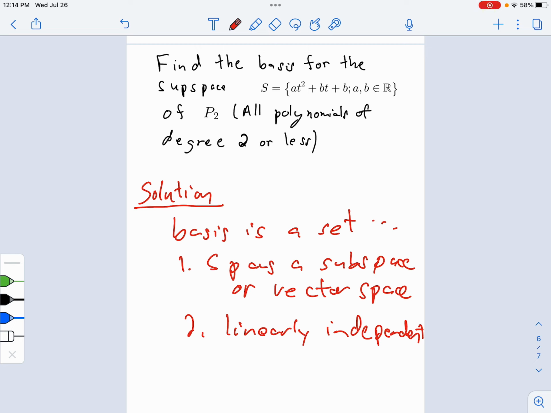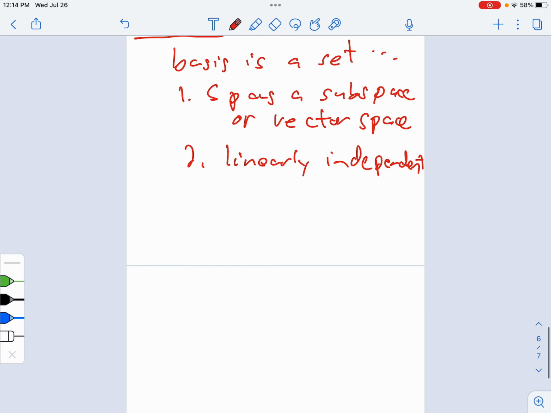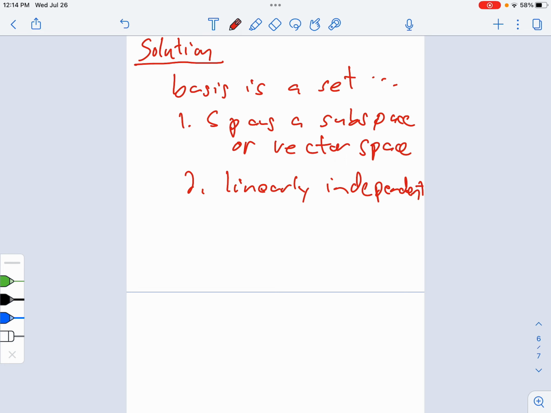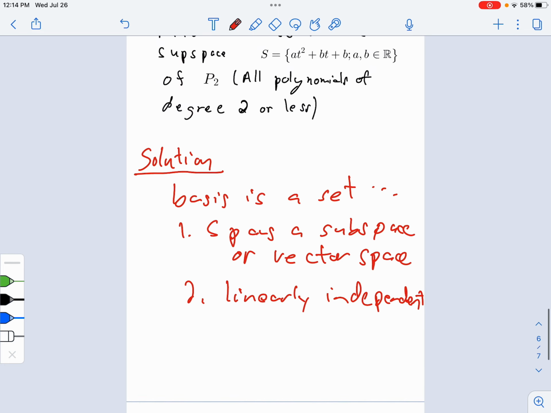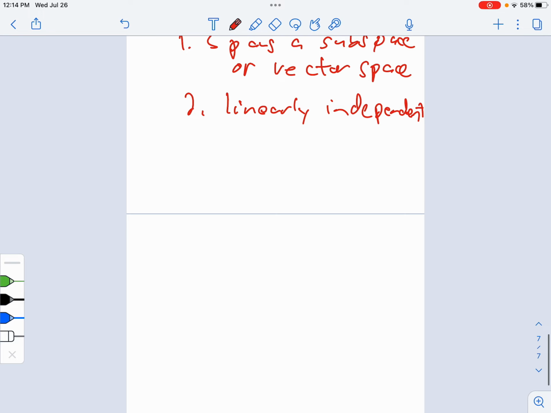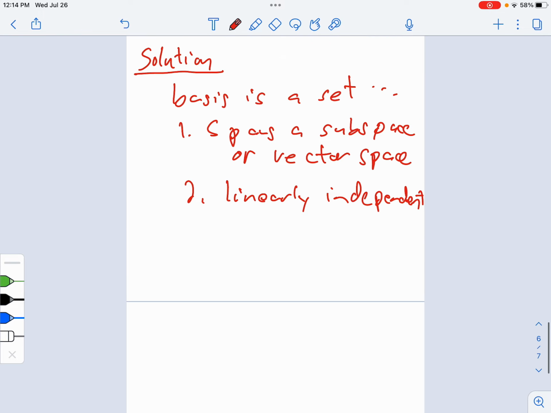And then linearly independent means that any of the vectors or elements of that set that we say spans can't be written as a combination of the other ones. Okay, so they're like independent. One doesn't need the other. All right. So how do I do that? So as I said, it's a set. That's what we're looking for,